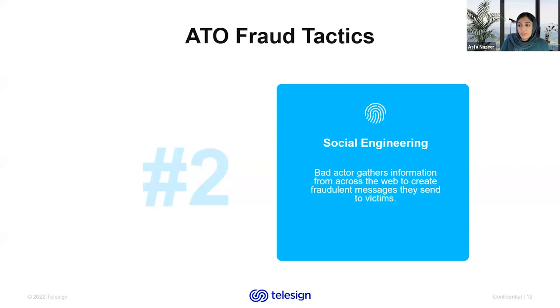The second type of ATO fraud tactic I'd like to address is social engineering. Social engineering attacks are another term used to describe phishing. It's a method used by attackers to manipulate and deceive people into doing something they normally wouldn't do or revealing sensitive information. Instead of relying on technical vulnerabilities like traditional phishing, social engineering exploits human psychology and tendencies such as trust, helpfulness, or curiosity. It involves creating convincing scenarios, impersonating trusted individuals or organizations, and using psychological tactics to gain